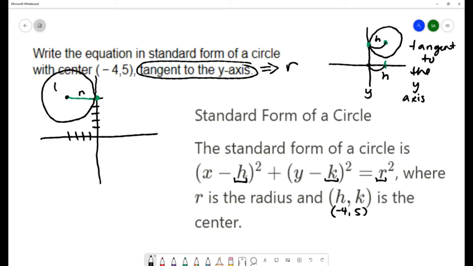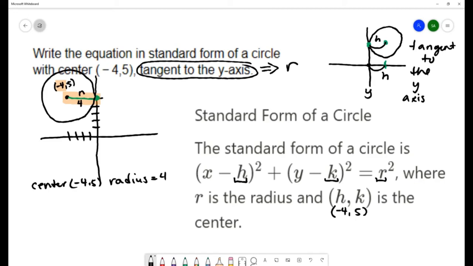So this is -4, 5. So that means that this distance is 4 because my x-coordinate of the center is -4. That's a distance of 4 away from the y-axis. So now I know the center is -4, 5, and I know the radius is 4, and I'm going to substitute those values into the equation